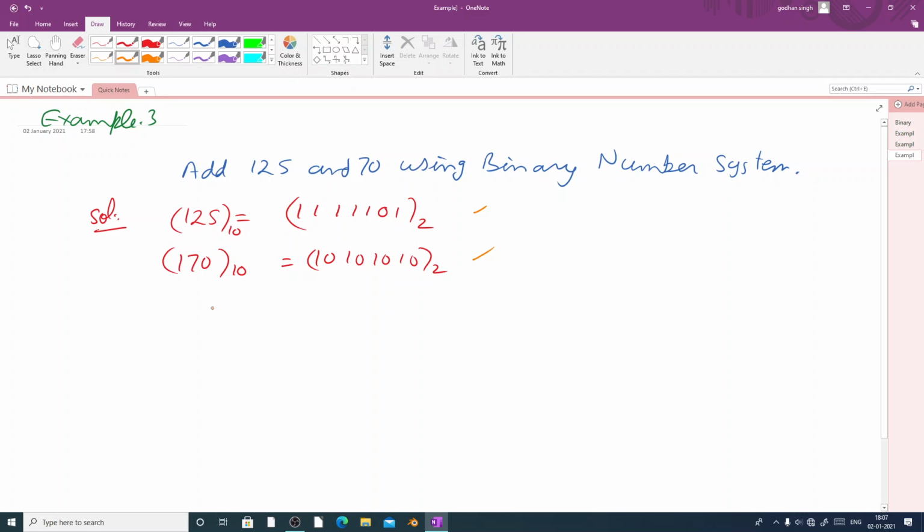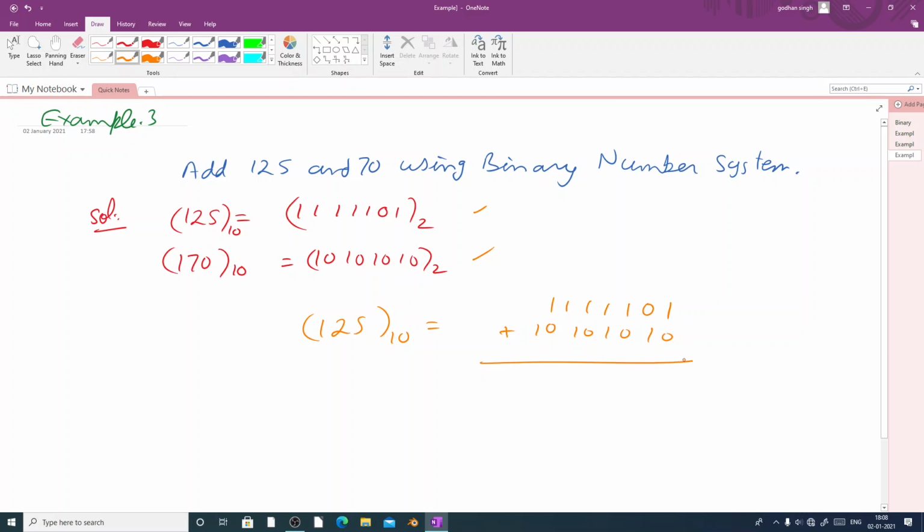So now we'll do the operation by using the rules which you already know. So 125 with base as 10 equal to, and when we are writing, the numbers should always be written from left to right. So we'll write first this 1, then 0, and how many 1s are there? After that 5 1s are there. So 1 2 3 4 5, and same way here also for 70. So we'll start from the extreme right and move towards the left. So here we are having 1 0, then 1 0, 1 0 and 1 0. Add them, put the plus sign.